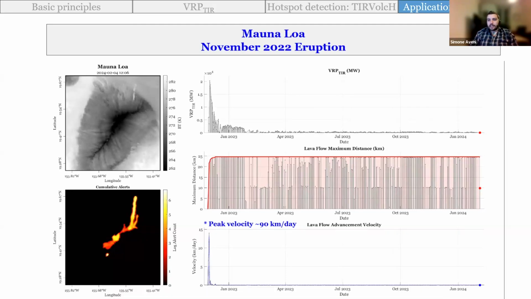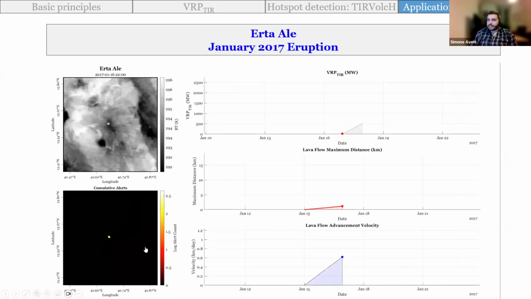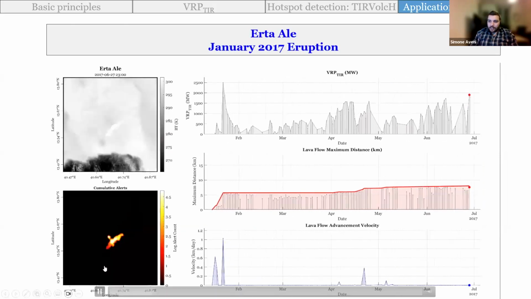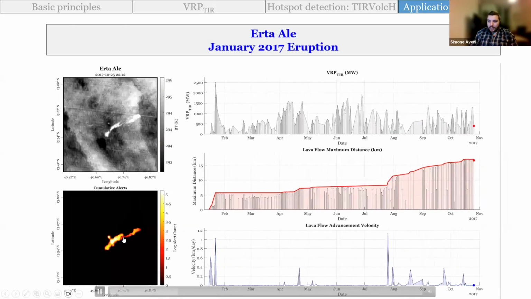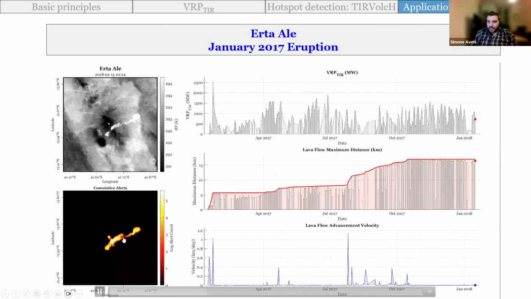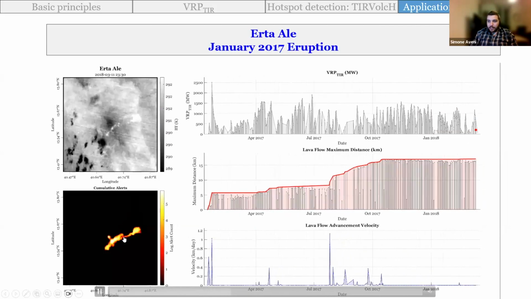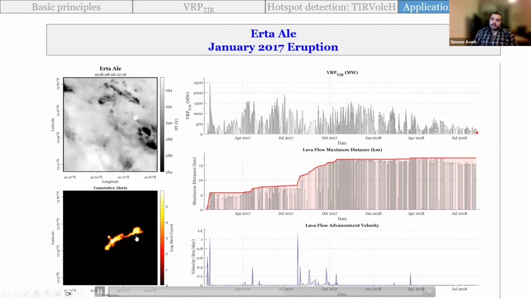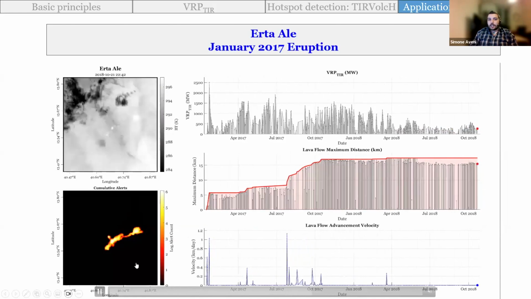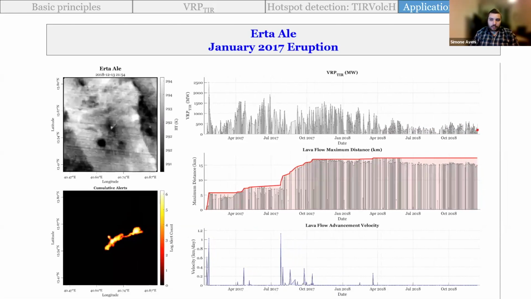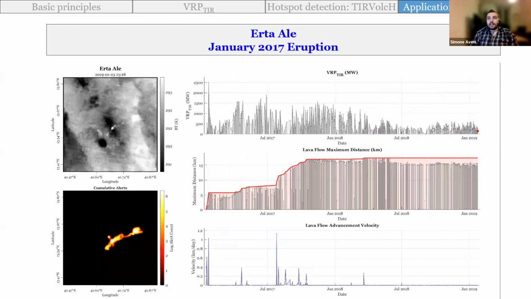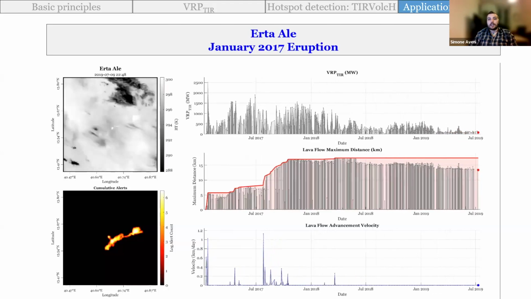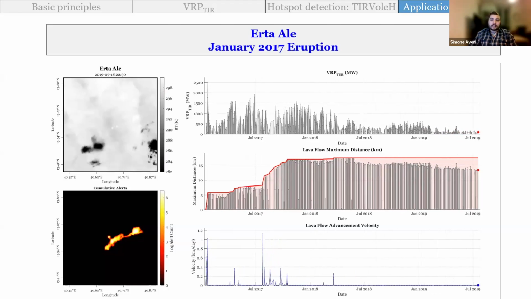And so you can definitely see, and another great case was Ertale, which is a very complicated and poorly known eruption. Here you start to see a gap, and then it gets filled eventually. You can see all the lava tube systems that are developing, and even the small branches, they are extending and appearing eventually. So with thermal infrared, even at this resolution, which is not the greatest but is still sufficient to get daily information, you can start to distinguish a lot of features in the lava field or the advancing lava flows.